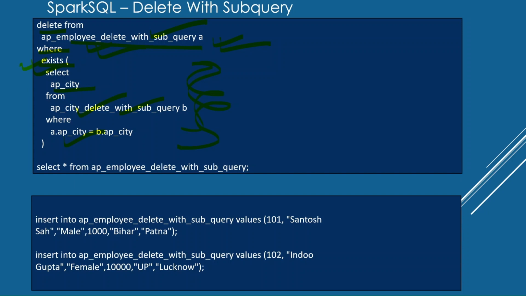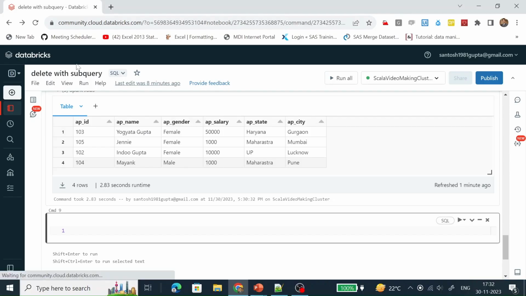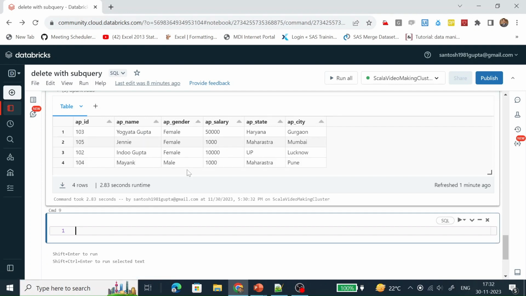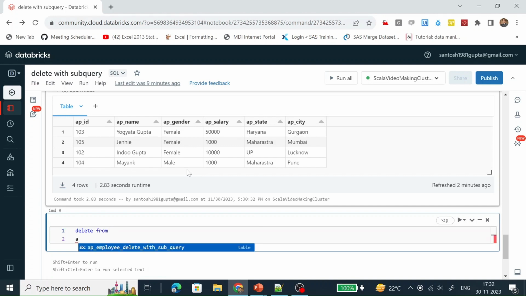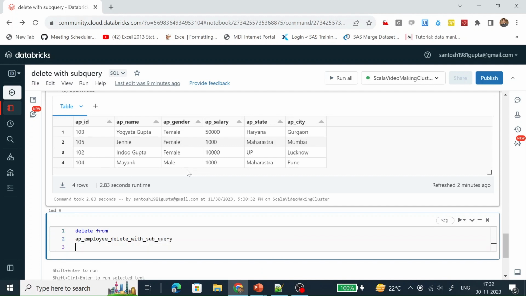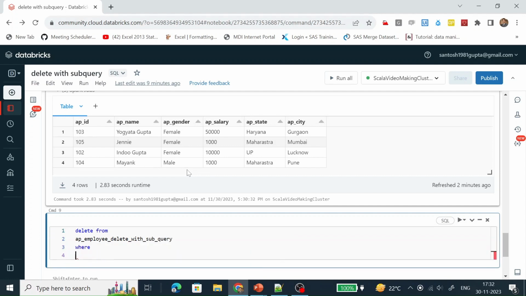So let's go to Databricks and perform this exercise. Delete from, what is the name of the table? This is the name of the table, where exists.